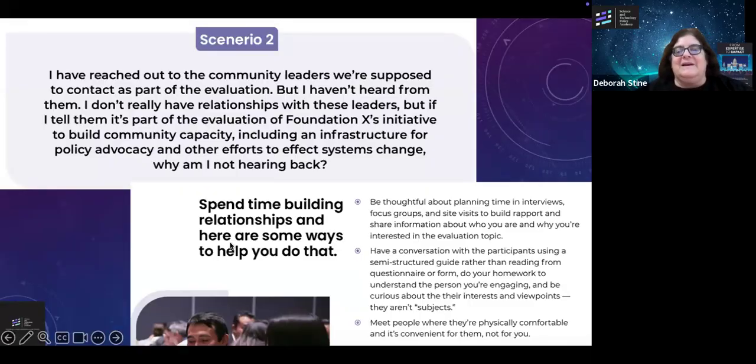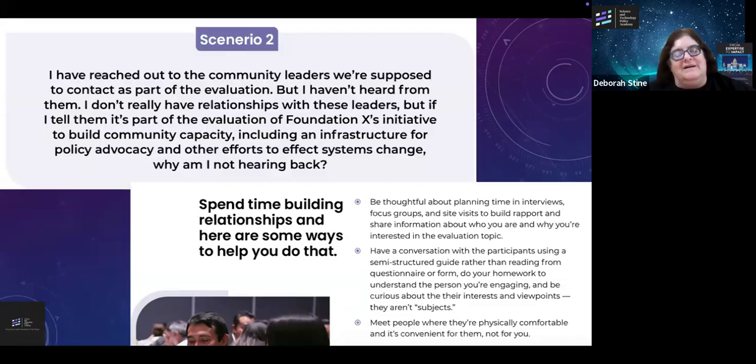And the answer is because a lot of these community leaders are volunteers. That's the most important thing. So they don't have a lot of time. They've got full-time jobs, families, and everything else. And also because sometimes they're overburdened with people asking them what it is that they think. Just like, I don't know about you, but I would say probably I get 5 to 10 emails every day asking me to evaluate something, right? A product, a service, whatever it might be.